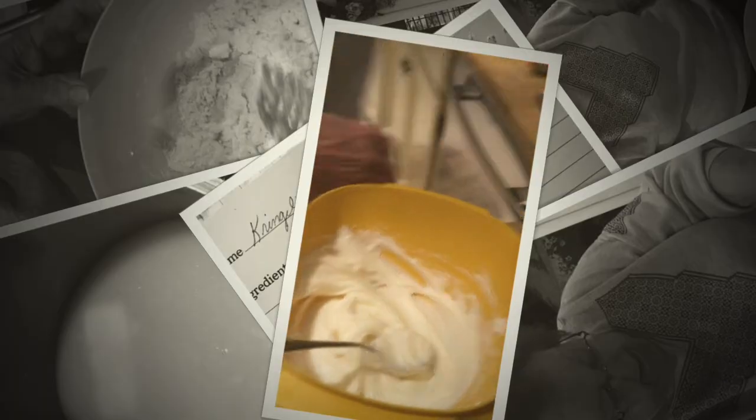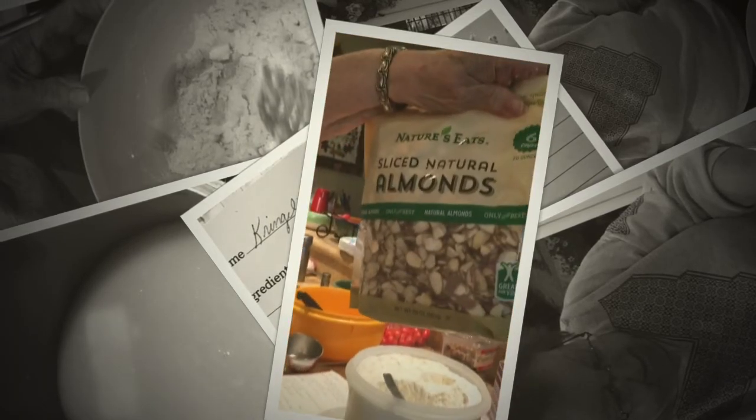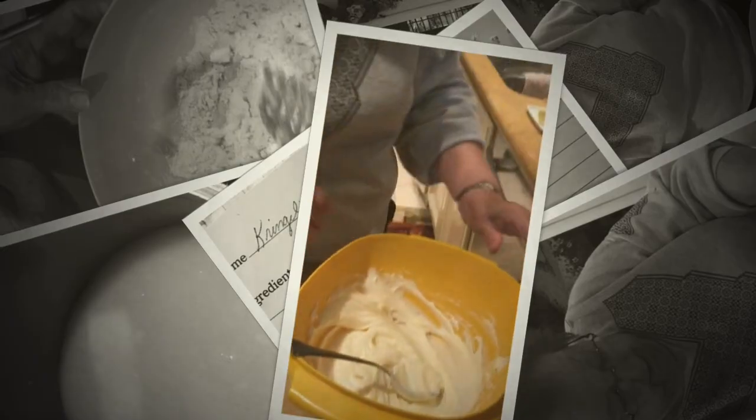And then these sliced almonds. Okay. You put those in the frosting? Or no, you just lay them on top. Lay them on top. Yeah. Lay them on top. But that you can